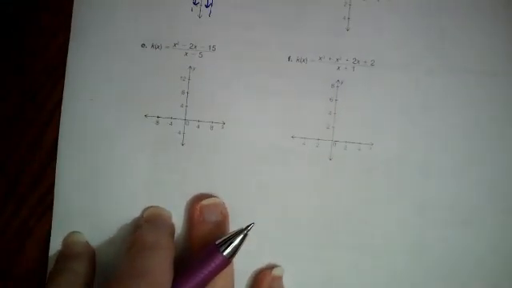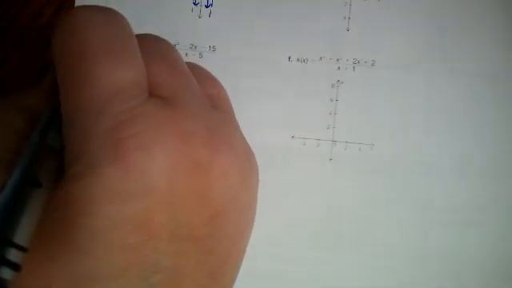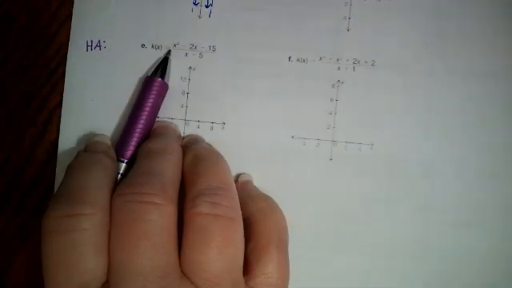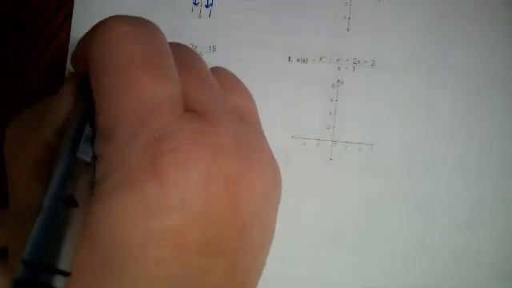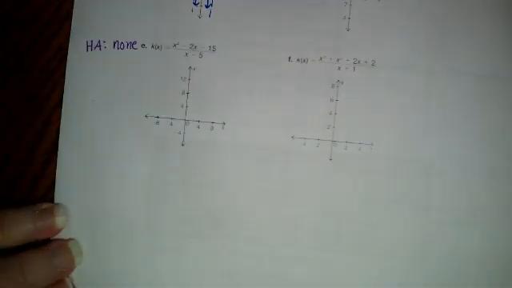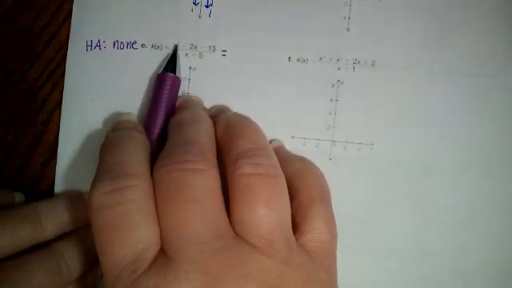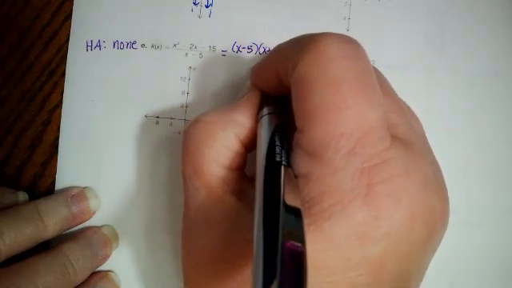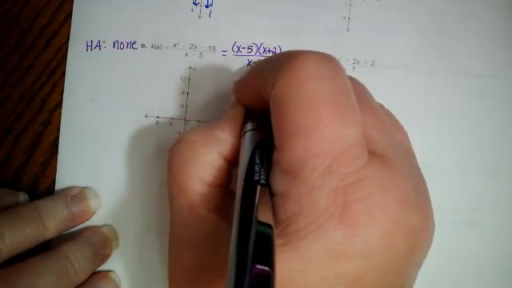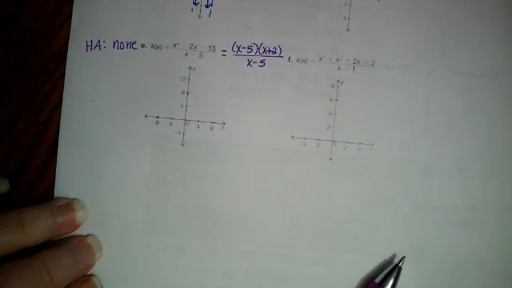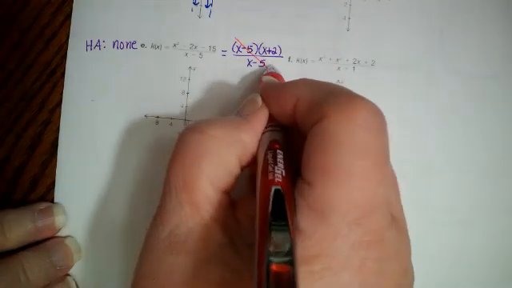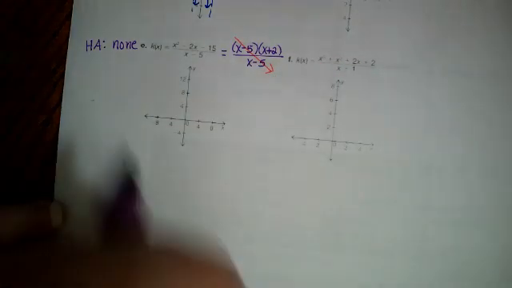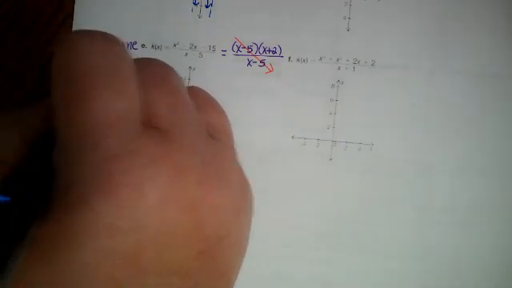So here we go. If we're looking for our horizontal asymptote, notice that the larger power is on the numerator. We had one that's bigger on top, and there was no horizontal asymptote. Now we need to factor to see if there are any holes. So x squared minus 2x minus 15 is x minus 5, x plus 2. And my denominator is x minus 5. So I notice there's a common factor that's going to divide out,